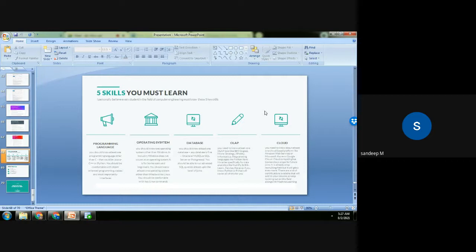Second, you need to know an operating system other than Windows. People in the industry use either Linux or Unix, with a command line. Windows is more targeted to the basic users, home users. It's convenient to use, but the real power of operating systems comes into Linux or Unix derivatives, as we call them. So you should be knowing one operating system other than Windows, and then you should be knowing one